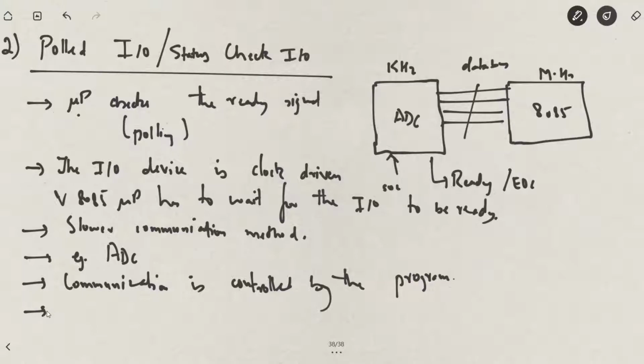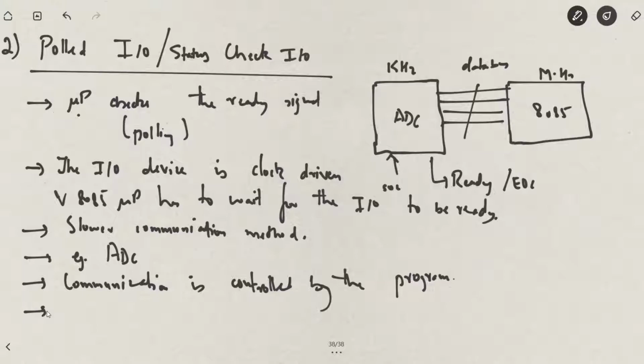So again, you will have to use the programs using instructions. The communication between ADC and 8085 microprocessor is possible. As far as the initiation of the communication takes place, the microprocessor will be initiating the communication, but it will have to wait for some time, during which it will actually check the status of this peripheral device, keep on checking its status